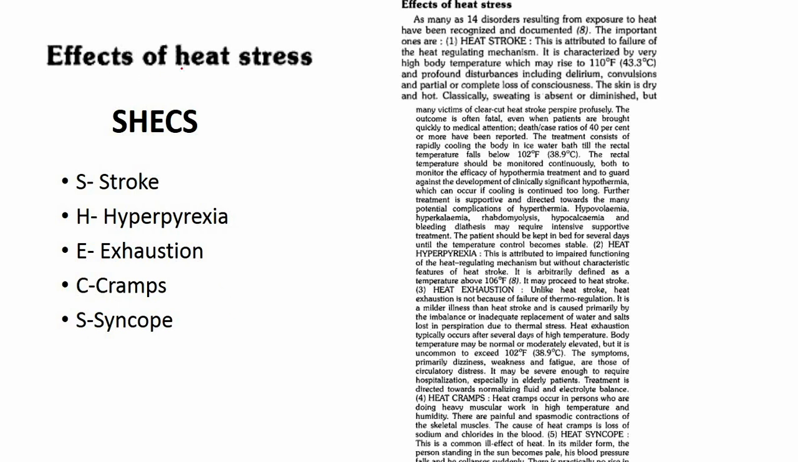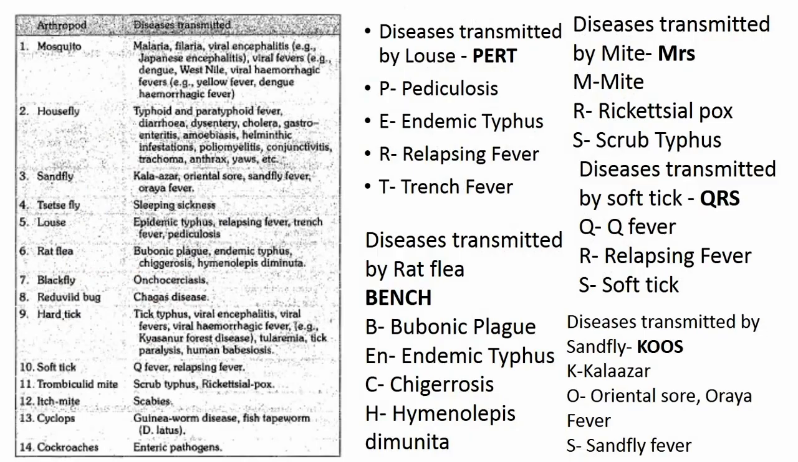Now for the effects of heat stress, SHAKES, you can remember this way. The effects of heat stress can be heat stroke, heat hyperpyrexia, heat exhaustion, heat cramps, and heat syncope. So how can we remember this? It is SHAKES: stroke, hyperpyrexia, exhaustion, cramps and syncope. SHAKES will be the mnemonic. Then we have in